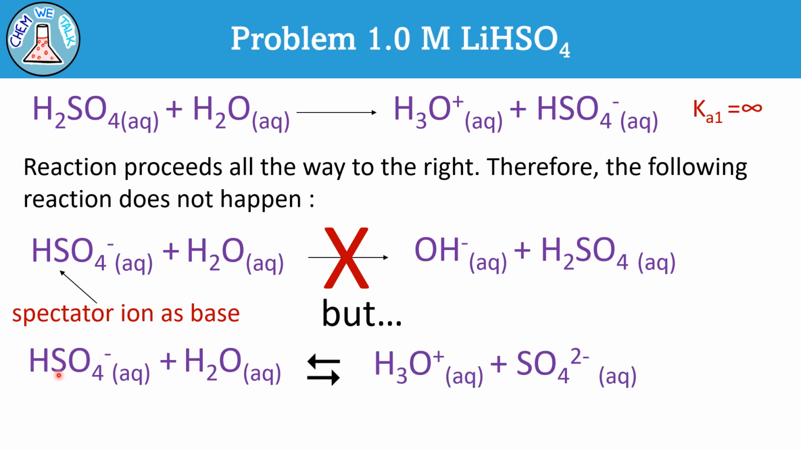Which means it can also behave as an acid. So if it donates its hydrogen to H2O, it would produce H3O+ and SO4 2-. And remember our list of strong acids, HSO4- is not on it, which means this here would be a weak acid. And it turns out we have the Ka value, and you see here it's called Ka2,